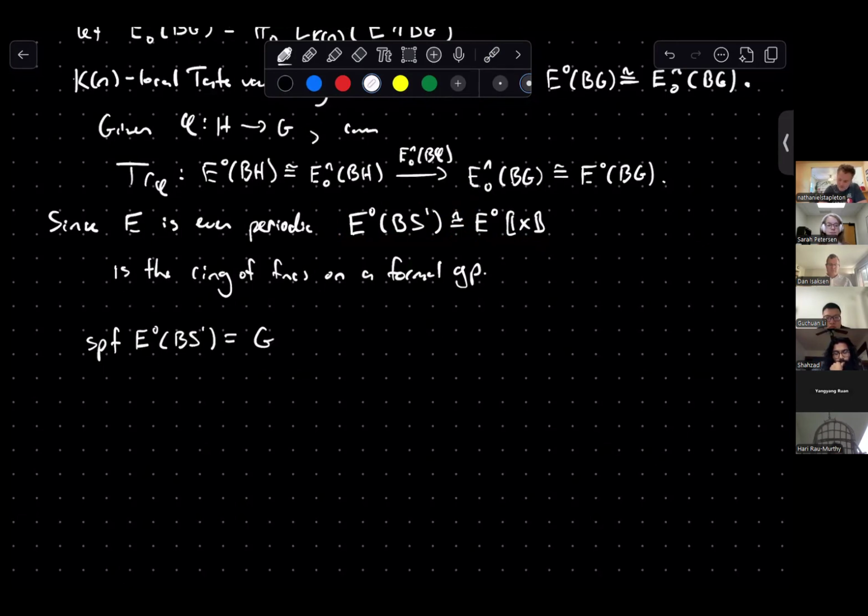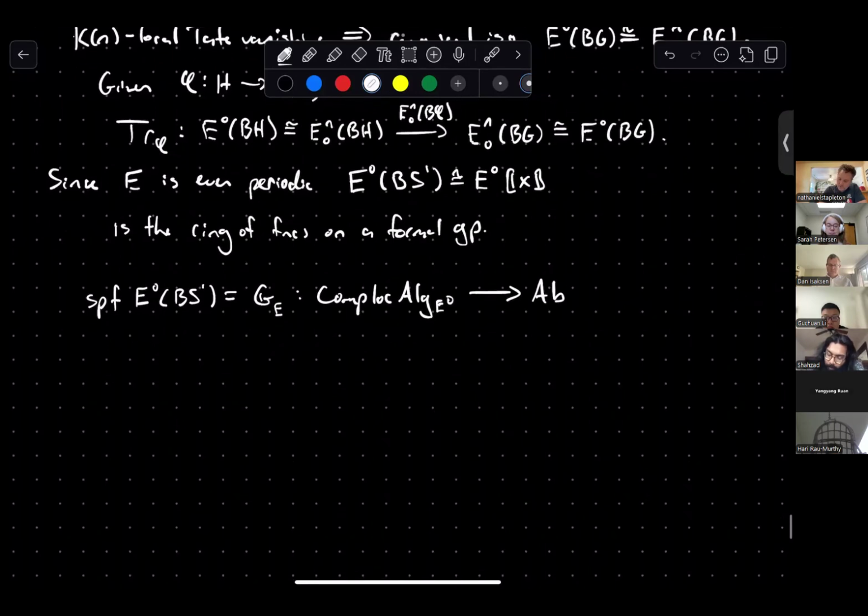And I would denote this thing G sub E. It's the formal group associated to E, which is a functor from complete local E naught algebras to abelian groups that takes a complete local E naught algebra, R comma M sub R, to an abelian group structure on M sub R comma 0,